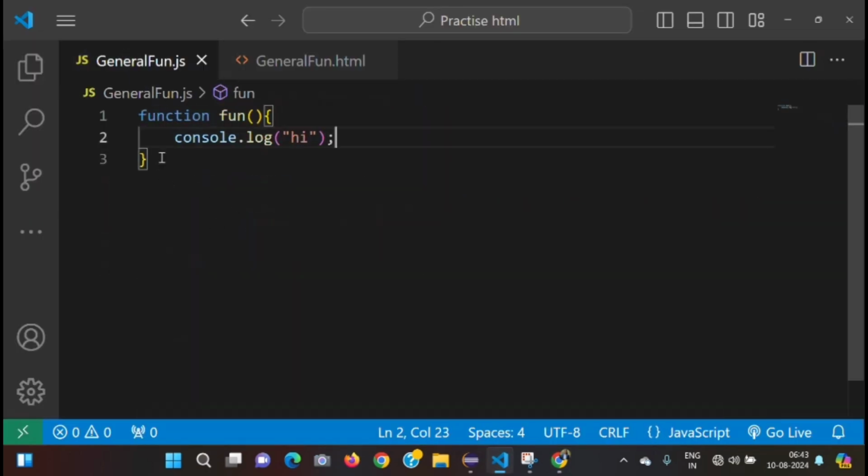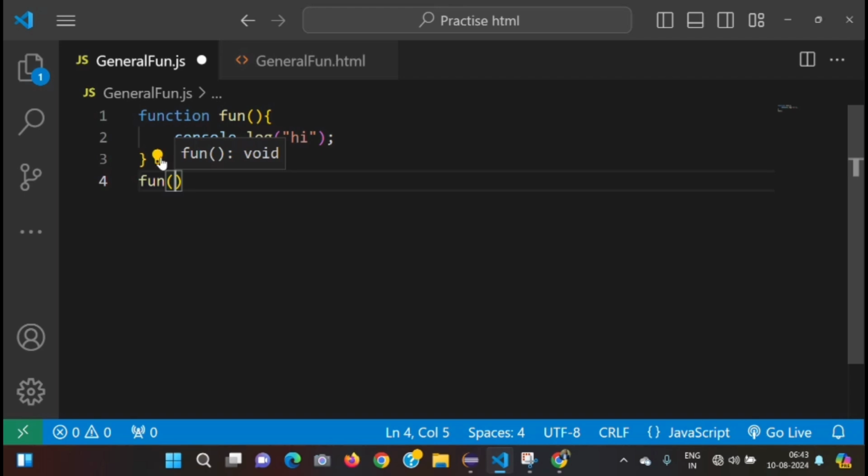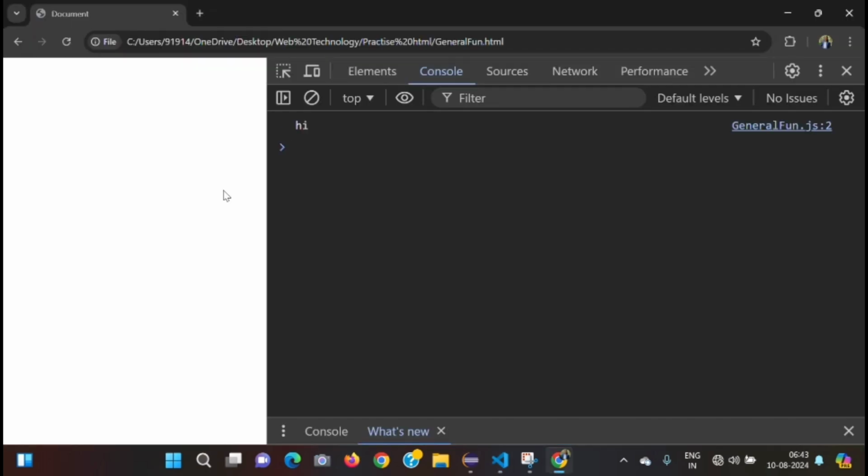See, in the JavaScript file, after this function block, we have to call the function name. Right? Now you can see that the return type of the function is void. This is an important thing. Now you are getting the hi. Why? Because I called the function. Whatever is present inside the function block will give the output when we